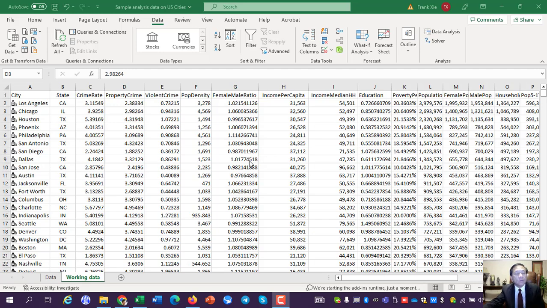Okay, so first let me describe the data to you. What is the data about? This is data on U.S. cities in the United States. You can see on the first column here, this is the file. I'm going to upload this video to Blackboard so you can see. I think I'm also going to upload the whole entire Excel file with all the outcomes, everything